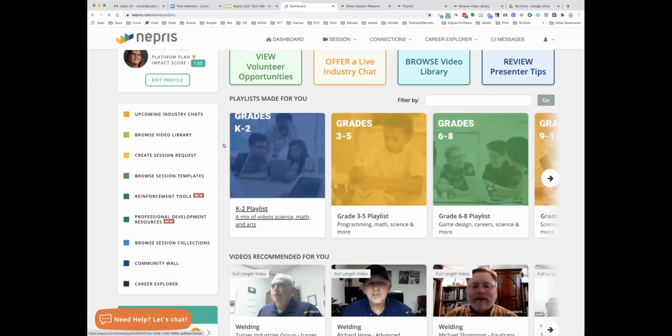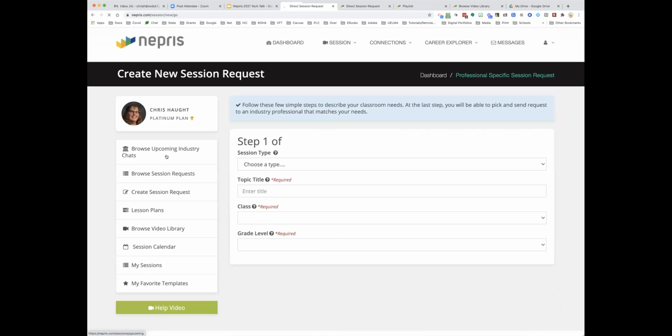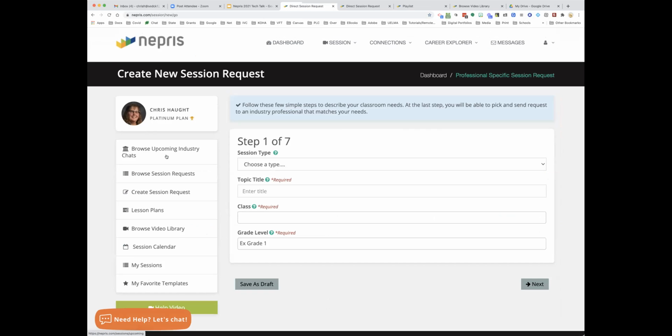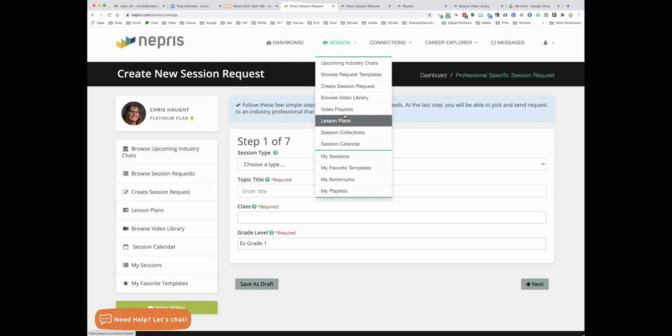And then again, that career explorer that we looked at is pretty simple. If you just want to, request a session, you just create the session request. You could do it from scratch and type in everything that you specifically are looking for, or you can go back and use those templates. And it's neat because you can save them. If I come here,